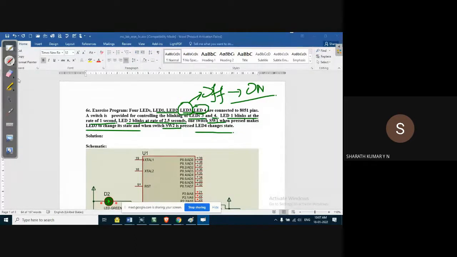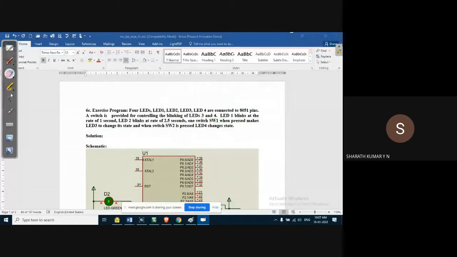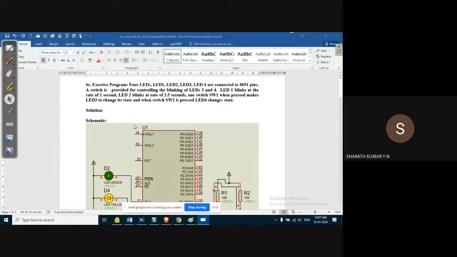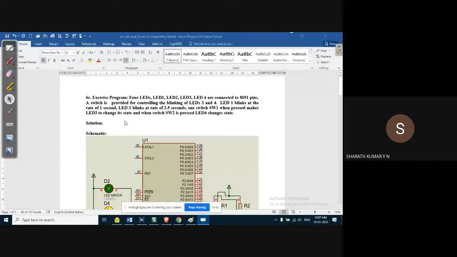Just to get an idea, obviously when we connect a switch, we are using interrupt, because based on the switch condition, we have to control the LED blinking, state change. So for that, definitely the switches should be connected to the interrupt pins of the microcontroller. Out of the two delay rates of 1 second and 2.5 seconds, since they should run in parallel, one of them can be run using a subroutine method. The other can be run using an interrupt method. Of course, both are timers, no doubt.